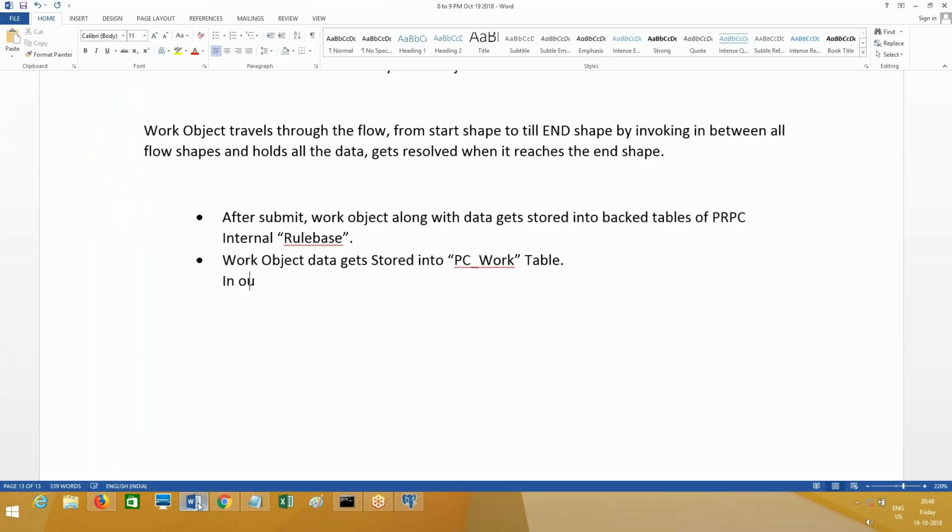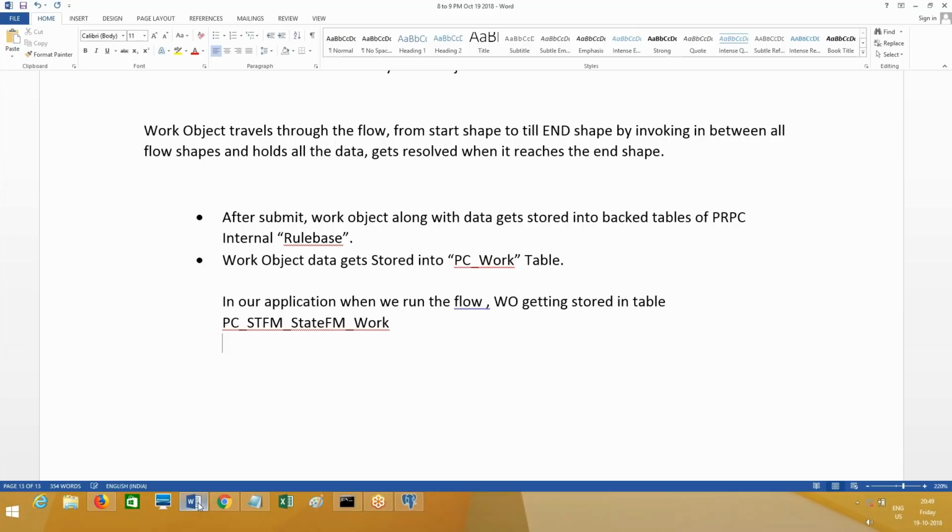In our application, when we run the flow, work objects get stored in the table PC_STFM_STATEFM_WORK. It will end with work.